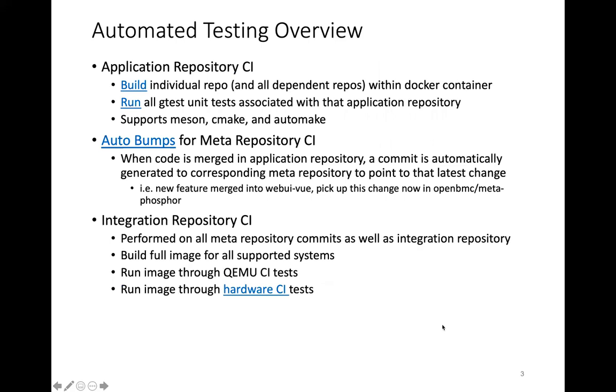All right, so automated testing. What happens with all these different repositories? So within the application repositories, remember this is the C++ code, your web interface, your web server, your state management, all that type of stuff. What happens when you commit that code up into a Gerrit repo is we run what we call individual repository CI. So within a Docker container, we will build that repository and all of its dependent libraries into that Docker container, and then we will run